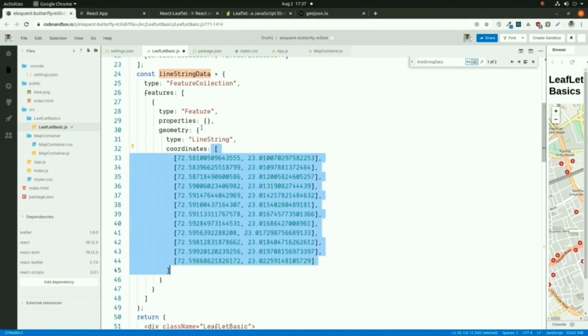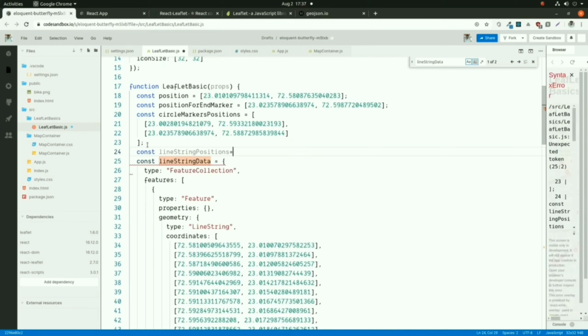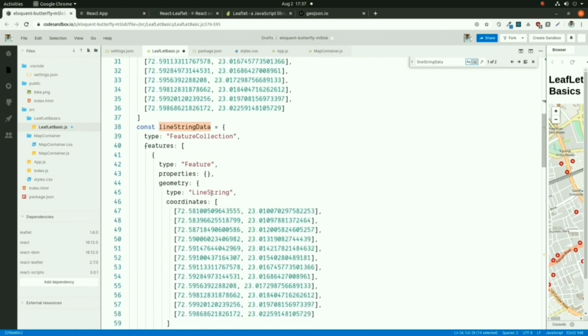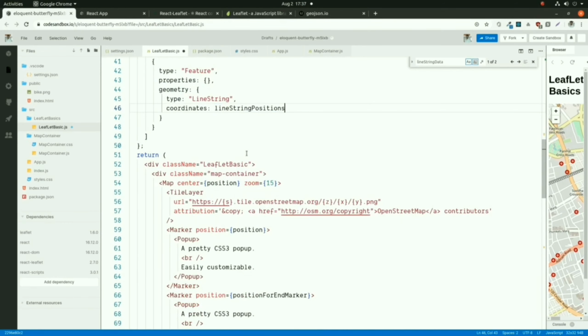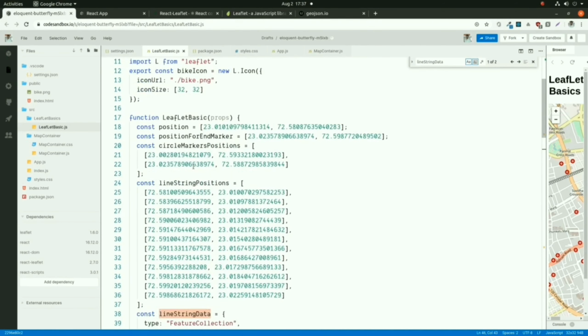Now I want to use the initial position of my bike icon as my line point start. So I will just copy paste the line point coordinates and I will provide the variable name as line string position.